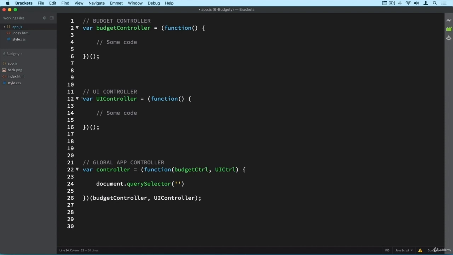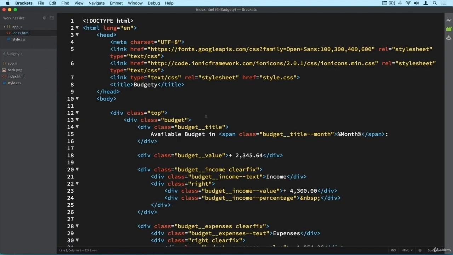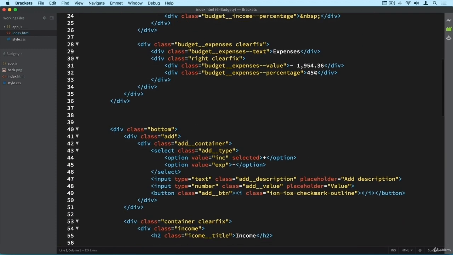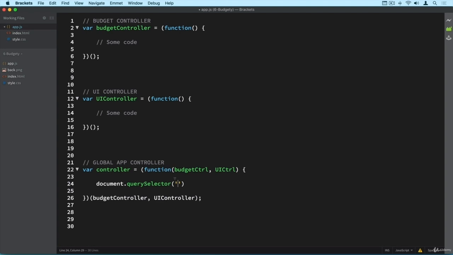In order to do that, let's check out our HTML file, and then I will just try to grab the class name. So we see that down here we have the button. All right, so this is the class that is attached to this button. So I'm going to copy it. And actually we should probably take a closer look at all this markup structure, but I'm going to leave that for later, okay? So for now I'm just going to grab this class name here, but later we're going to look better at the structure of this HTML file so that we can better understand our user interface, okay? So let's move back here